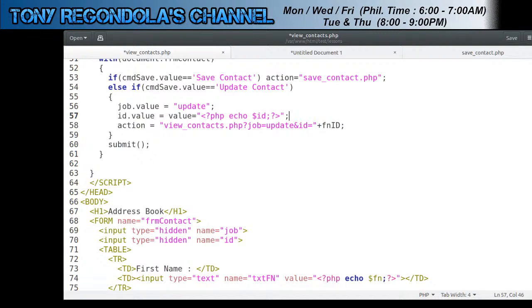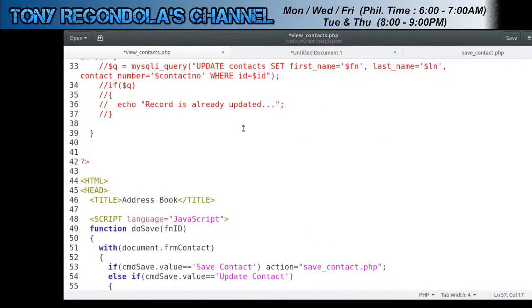Okay, and then here, okay, we don't need to concatenate that. Okay, so ID dot value, job dot value. Okay, and then here